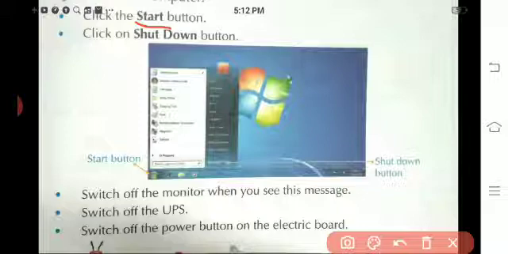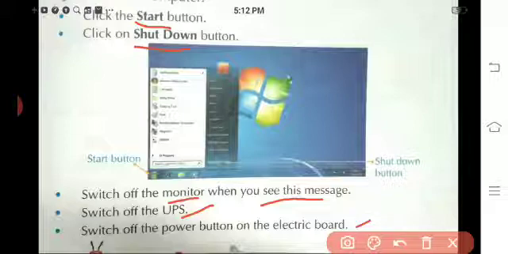Next, click on the shutdown button. Next, switch off the monitor when you see this message. Next, switch off the UPS. Next, switch off the power button on the electric board.